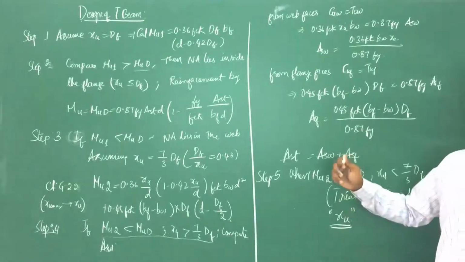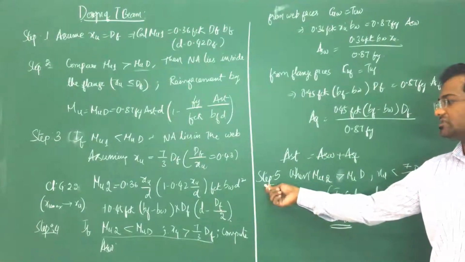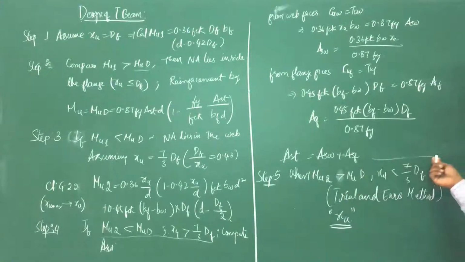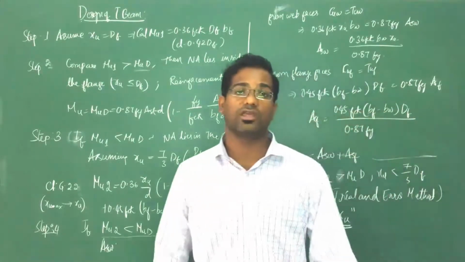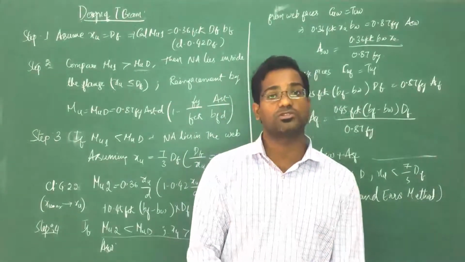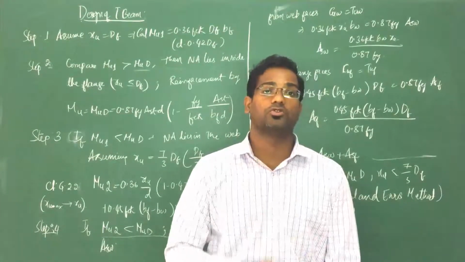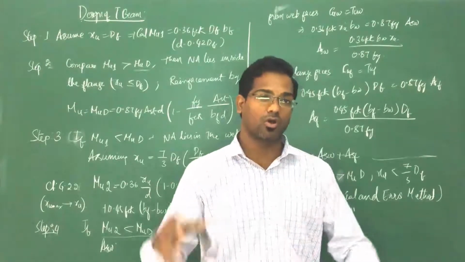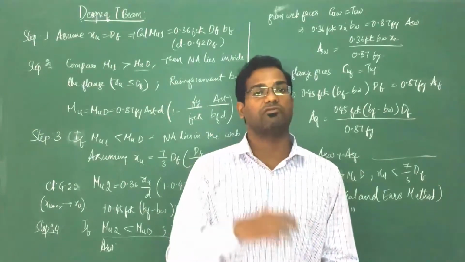But in the design problem, we will not design the section such that it will come to step number 5. We will design the section such that it will be in step number 4, and more often we will use the equations which are given in the code book page number 96, clause number G2.2, 2.2.1 and 2.3. Other than these 3 equations we will not do anything. All of the equations, all of the values are given there. We will do one analysis problem and we will do one design problem.